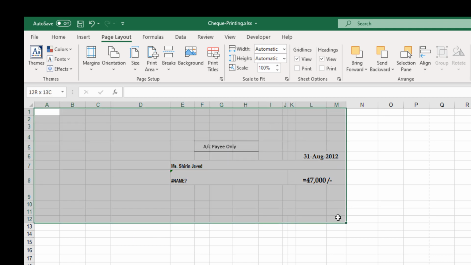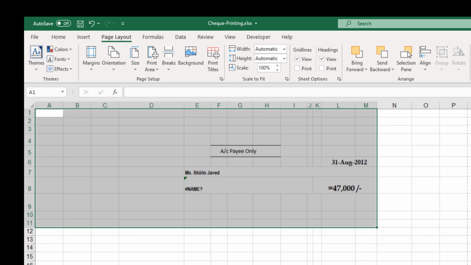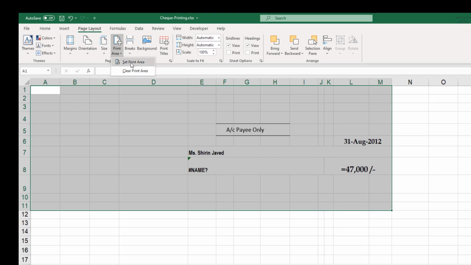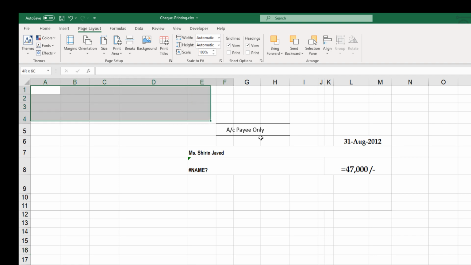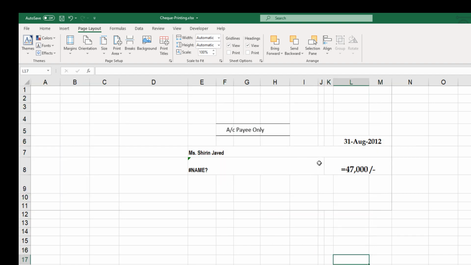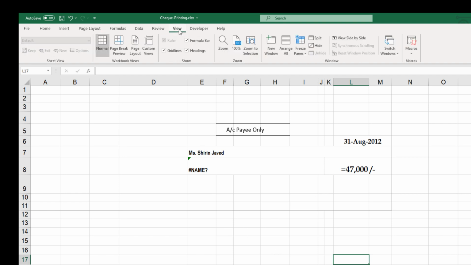If I restrict a specific area for printing purposes, so I want to print only this much area and not the whole sheet, I first select this area and go to print area and click on set print area. Now this area is printed out. There is a marker around this area, or more clearly you can see which area of this specific sheet will be printed.